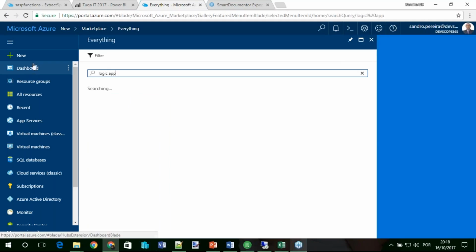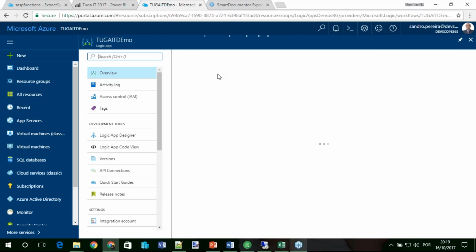That means an existing one, otherwise it would take some time. I had some network problems here. Let me select this one. Come on, network.